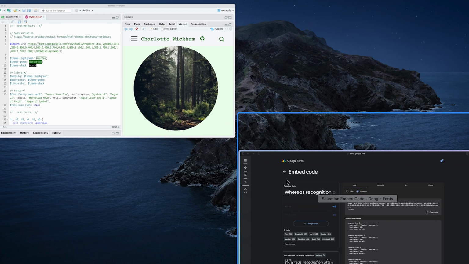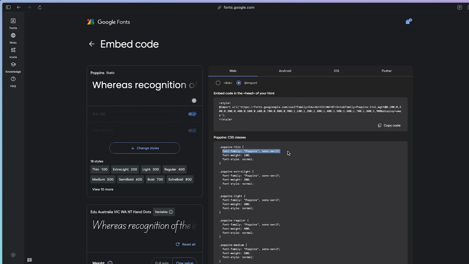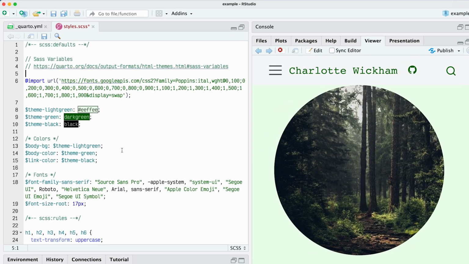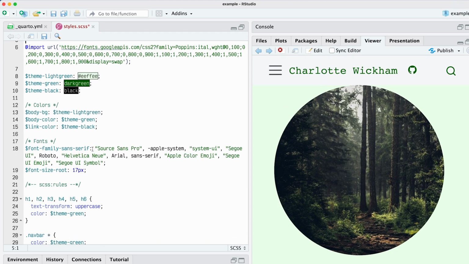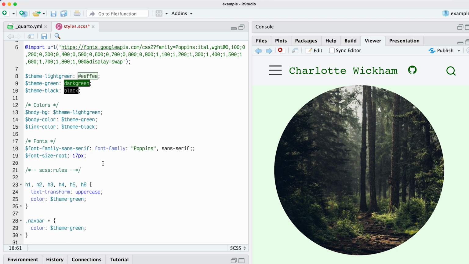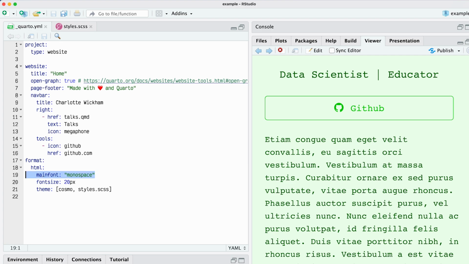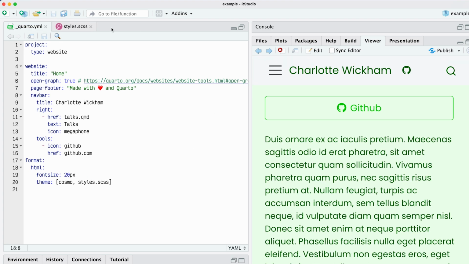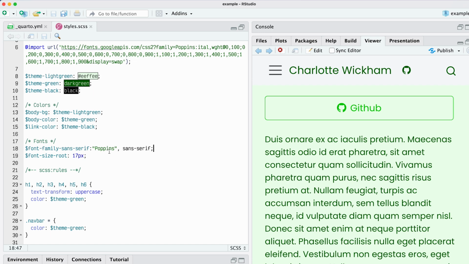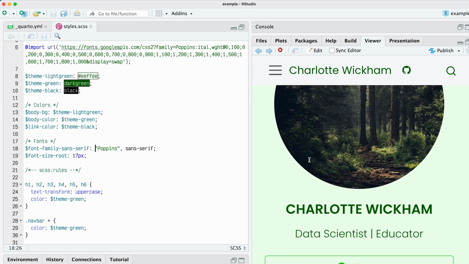And then going back one more time, the font family here is called Poppins, so we can replace it right here. Font family Poppins. Oh, and we're overridden by the main font specified in the YAML. And now we're using our differently specified font.